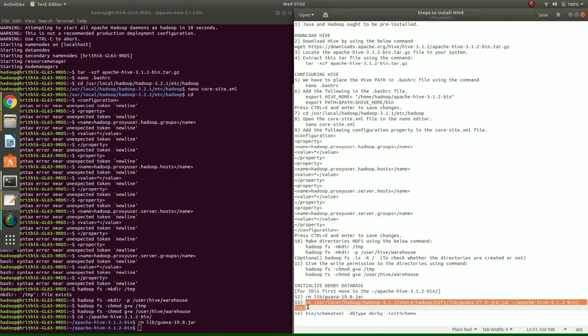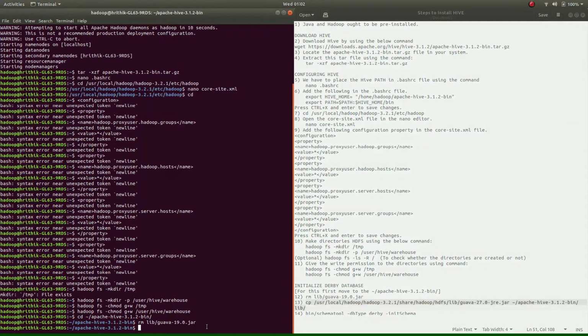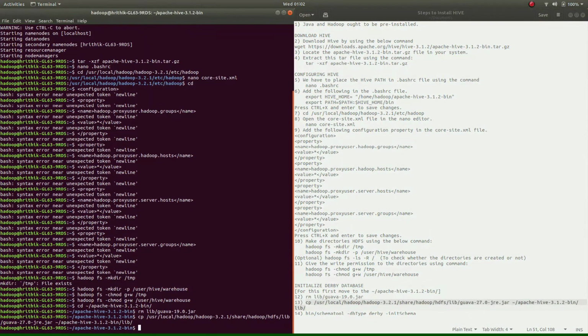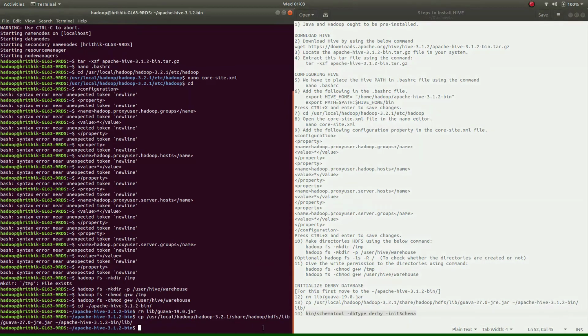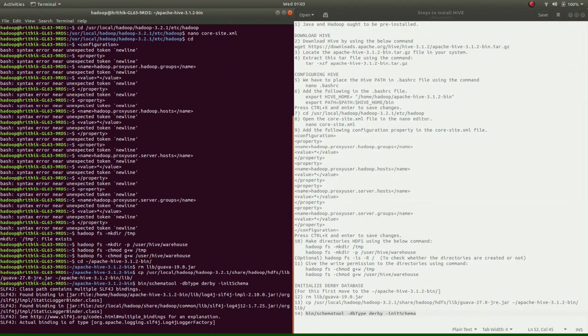Yeah, it's copied. Now we just need to initialize the database. As you can see, the database is initialized.